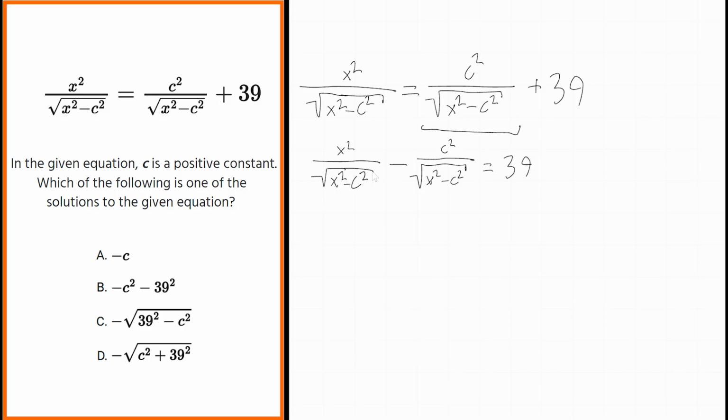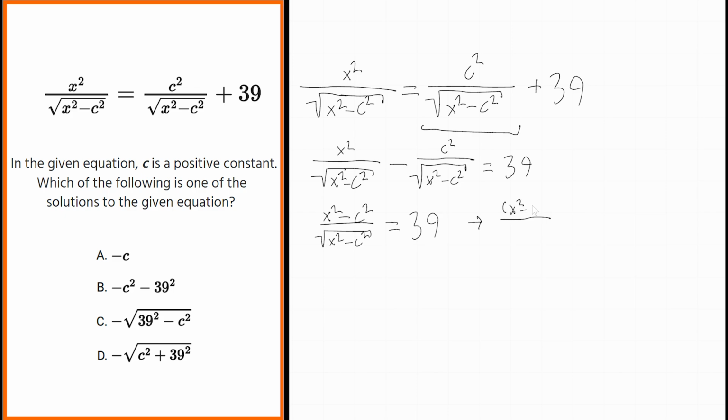Now, we've done this because now that we have these two fractions on the same side of the equation, we can simplify them by just subtracting the numerators, and that will give us x squared minus c squared all over the square root of x squared minus c squared, once again equal to 39. So now we have this square root, but we can easily get rid of that by squaring both sides of the equation. So when we square both sides of the equation, we have to square the numerator and the denominator, and that will give us